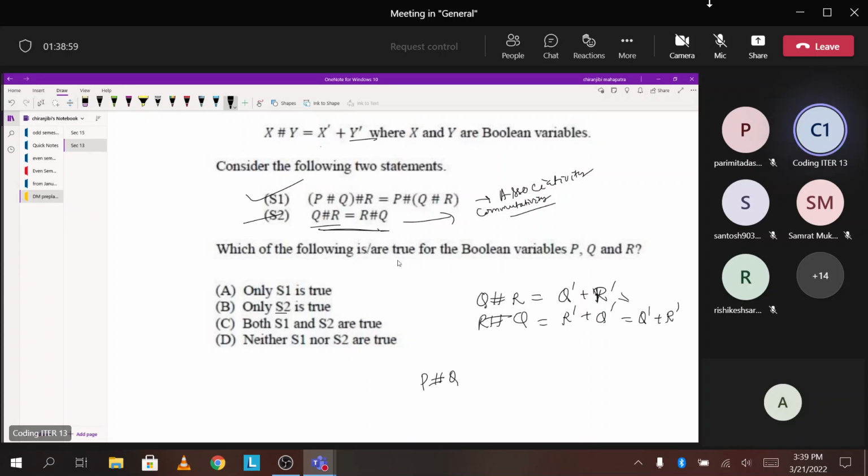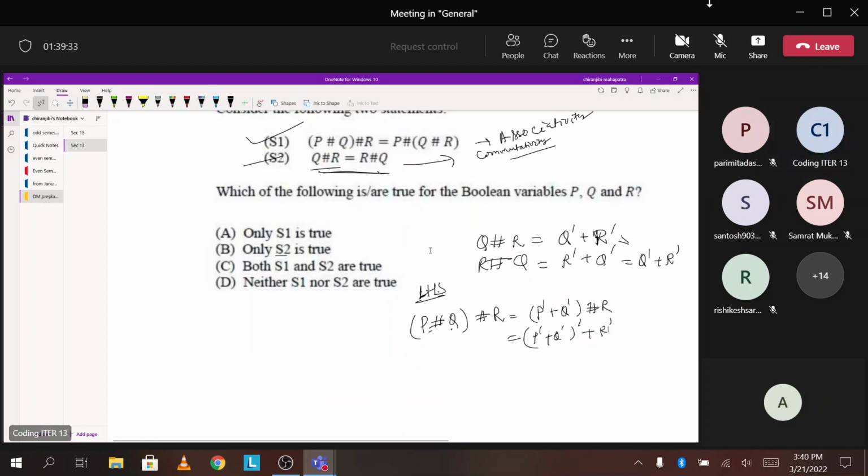So p hash q hash r, that is equals to, so LHS check करो, ठीक है। So p hash q, that is equals to p dash plus q dash hash r, ठीक है। तो हैश बनने से p dash plus q dash whole dash plus r dash, यहाँ पे ये आता है, ठीक है। बट तुम यदि RHS चेक करोगे, p hash q hash r आ रहा है, so that becomes is equals to p dash plus q hash r